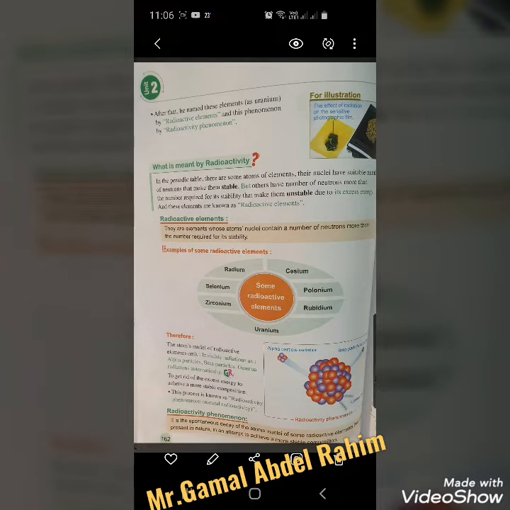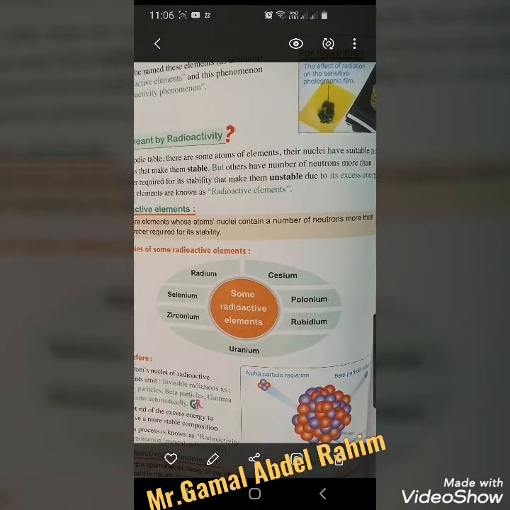So the radioactive element can be defined as elements whose atoms' nuclei contain a number of neutrons more than the number required for its stability. So the number of neutrons is very big, so the atom is unstable. We have a lot of examples of radioactive elements, and some of them are radium, selenium, zirconium, uranium,